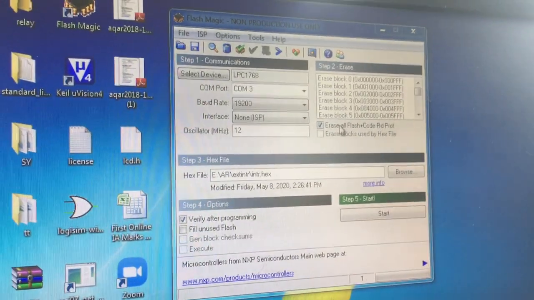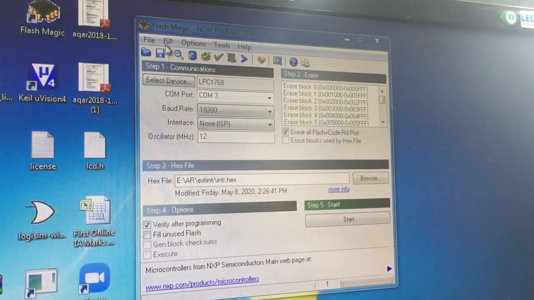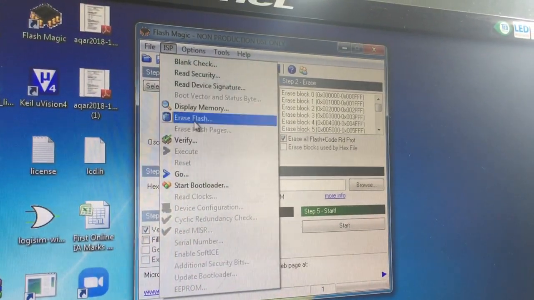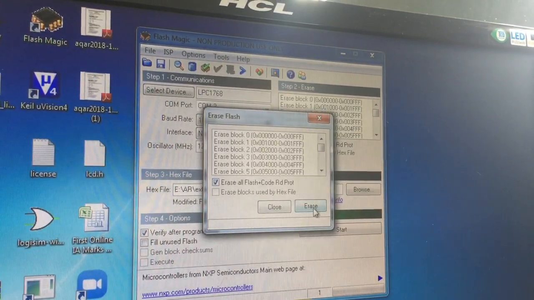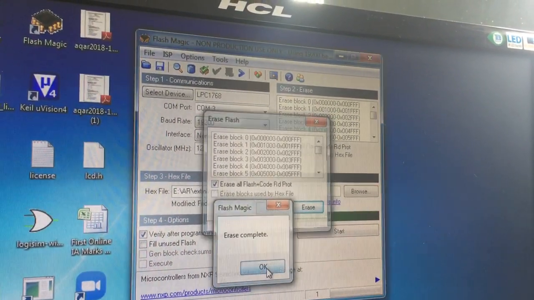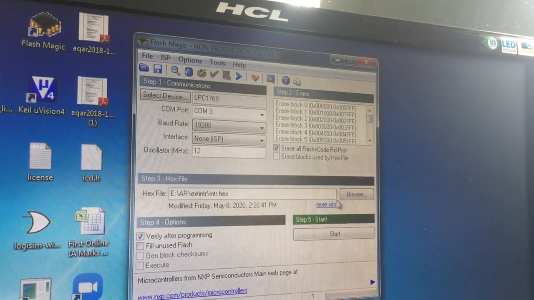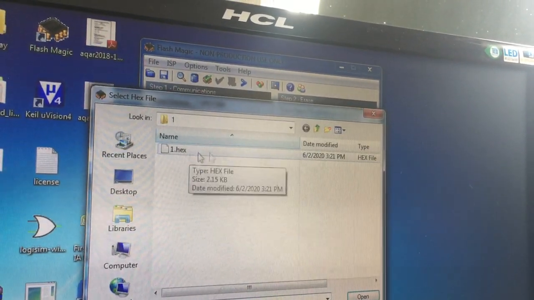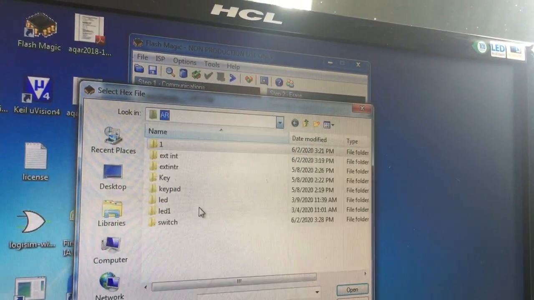Next you can choose any of these options for erasing. First I will erase the previous programs which are already on the board. Erase completed. Now I will select the hex file. This is the third step. My folder is here. See, this is the hex file which we have created.